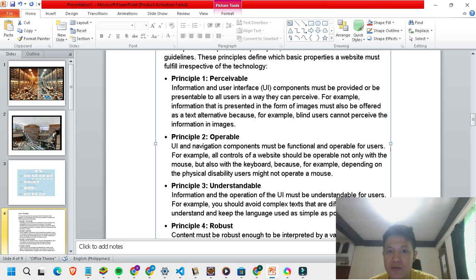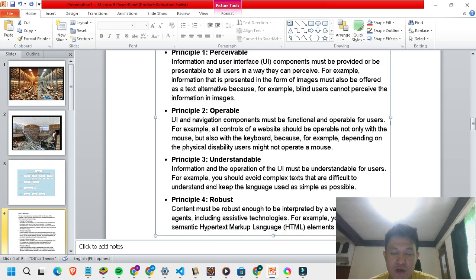For example, all controls of a website should be operable not only with the mouse but also with the keyboard. Because, depending on the physical disability, users may not be able to operate a mouse. So, for example, if the user doesn't have a mouse, your system must be operable on a keyboard basis.